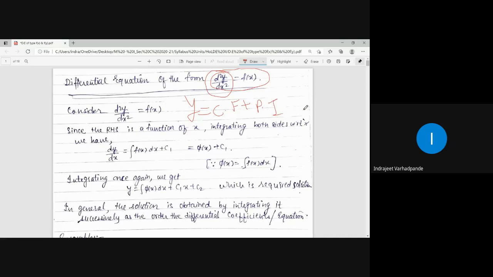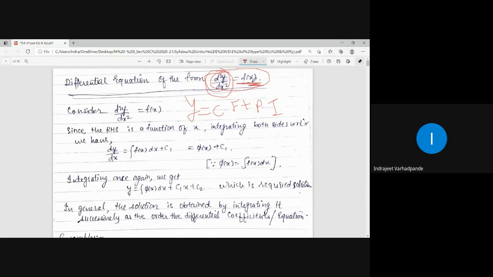This is also, I can call it a higher order differential equation, but LHS will only contain the second order differential coefficient if the dependent variable is y and the independent variable is x. So whenever I say that the dependent variable is y and the independent variable is x, the differential coefficient will be written in the second order as d2y by dx square. And how is RHS? RHS is a function of x, but do not remember it only as a function of x. Remember it conceptually as a function of the independent variable x.